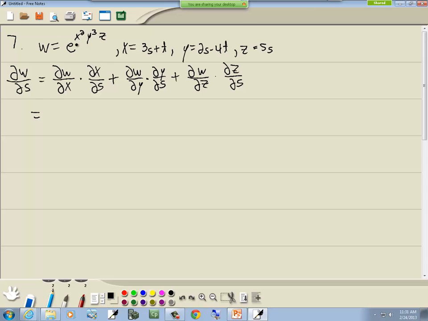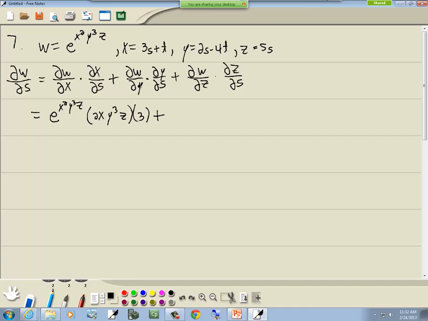Okay, so I'm looking up here at w, taking a partial of that with respect to x. Well, the derivative of e to a power is e to a power. That doesn't change. But then we have to multiply it times the derivative of the exponent. And we're taking a partial with respect to x, so the y to the third and the z are constants, and derivative of x squared is 2x. So this becomes 2x y to the third z, times the partial of x with respect to s. Well, t is a constant, so the derivative of 3s is 3,